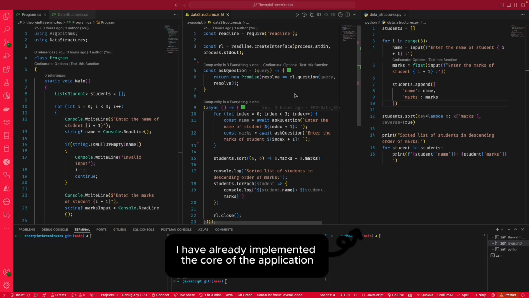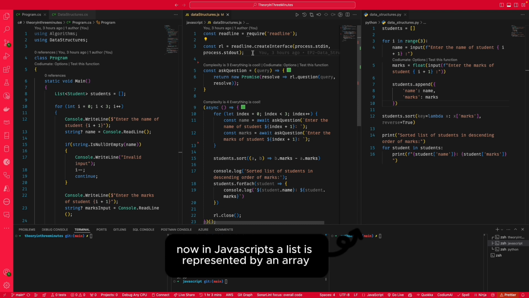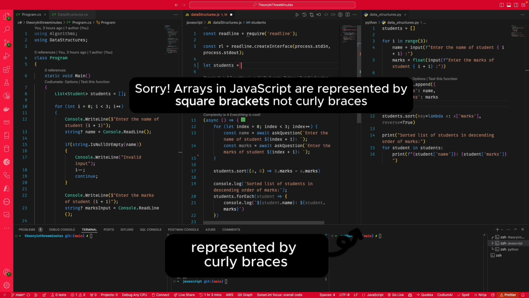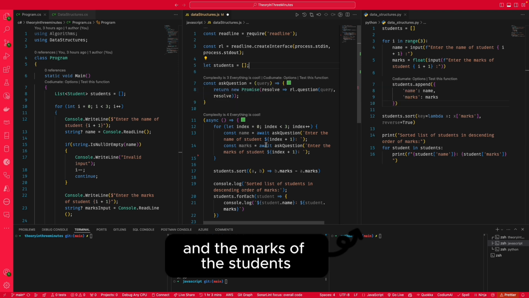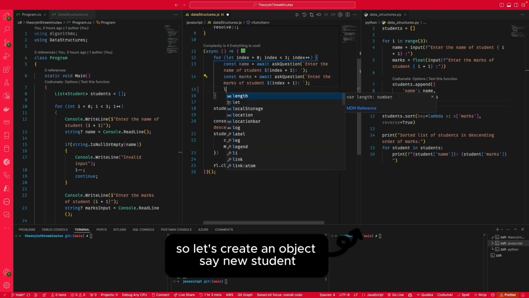I have already implemented the core of the application, and we are just going to add the data structures. So the first step is to create a list of students. Now in JavaScript, a list is represented by an array. So we'll create an array called students, represented by square brackets. Now this application accepts the name and the marks of the students. So let's create an object, say new student,